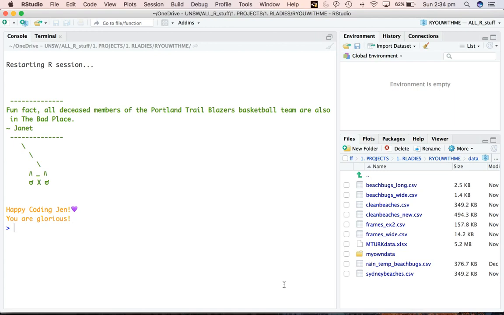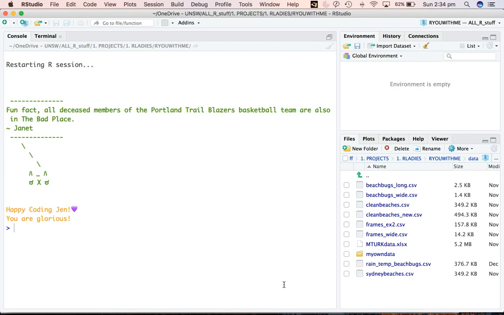So we're almost ready to plot our data, but in all likelihood, you've entered it in wide format. I'm going to show you what that looks like in a minute. And we want to make it long. And up until relatively recently, the standard way of doing that was using the gather function and the spread function